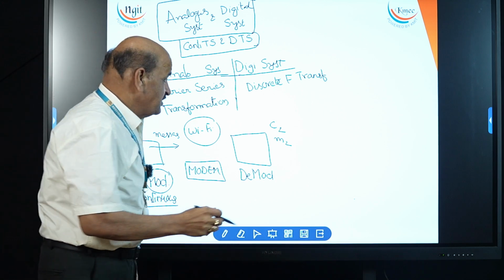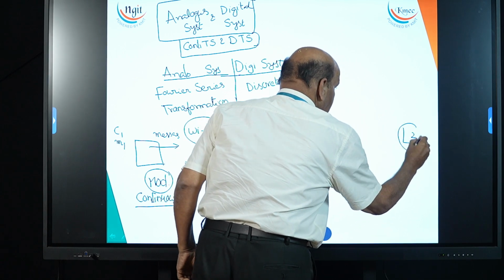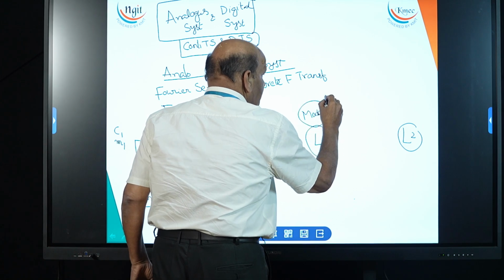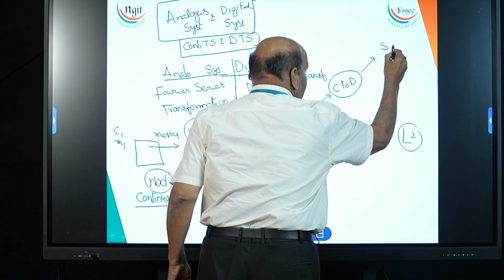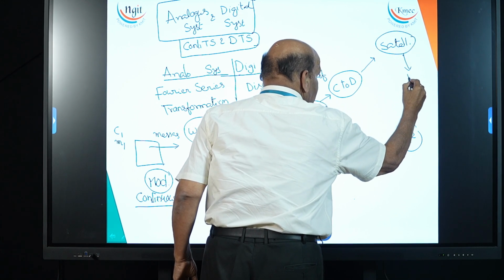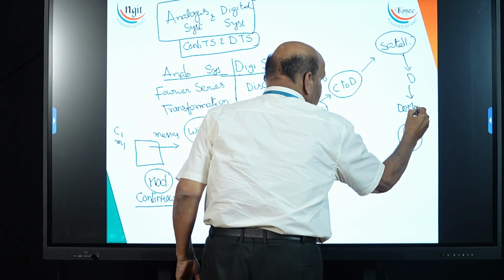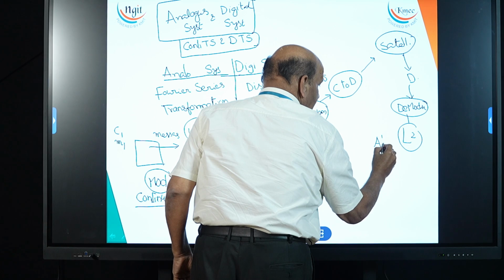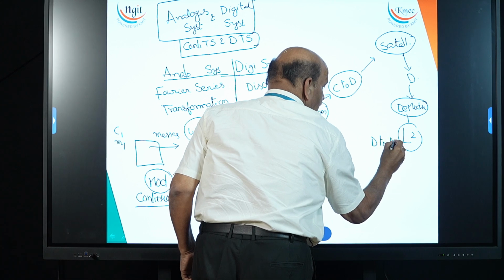According to that address it is recorded and immediately sent to the destination address. That means, just look, this is location 1, this is location 2. Now we are sending the message through the modem. This modem converts continuous to digital. Now it will go to the satellite. Now the satellite again sends the digital message, which is received by the demodulation process, where this digital is again converted to analogous.